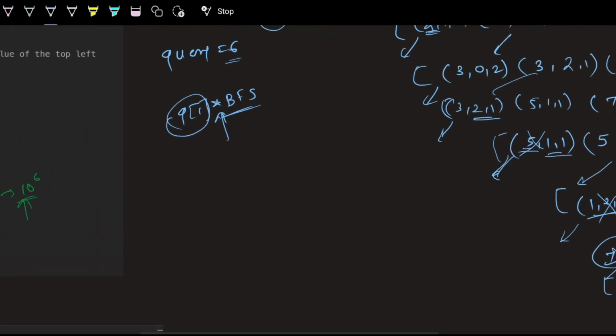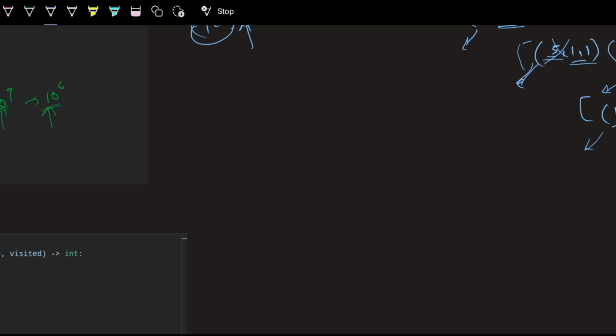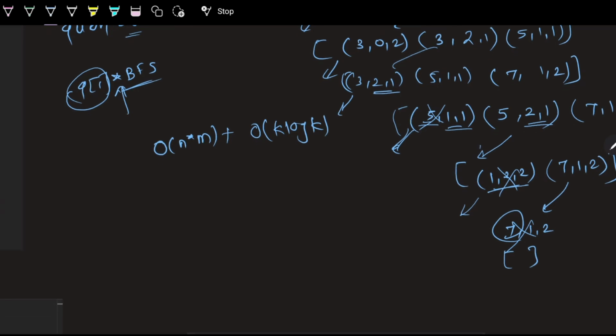If you analyze the time complexity, what are we doing? We are doing BFS only one time, so that is big O of n cross m. Plus we are sorting the queries of I, so it will be big O of k log k. And as we are using the min heap, taking out the minimum element or inserting an element into the min heap would take big O of log of m cross n. So ultimately the time complexity would be big O of log of mn into big O of n cross m